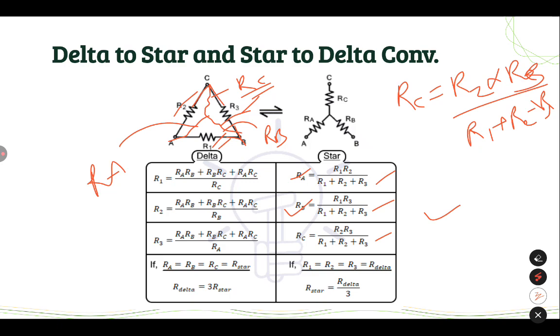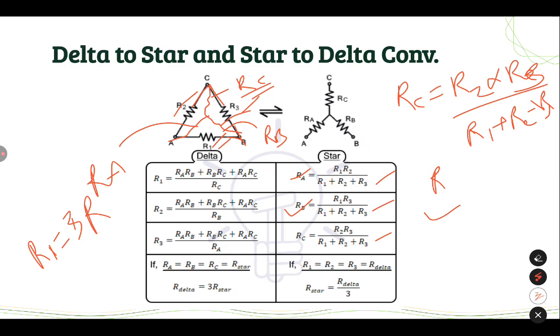Now one more thing: suppose RA equals RB equals RC, and put that here. You will see that the resistors cancel out and only the factor of three changes. Suppose all are 1, so you will get R1 equal to 3. If the star resistors are all the same, R1 equals 3R. In the star case with equal delta resistors, you get R squared upon 3R.